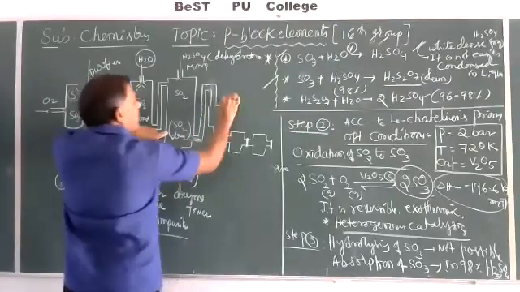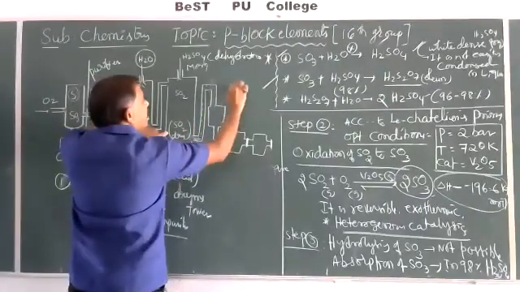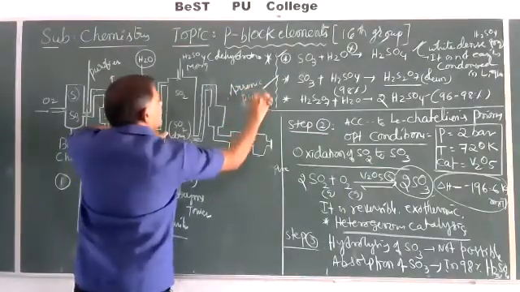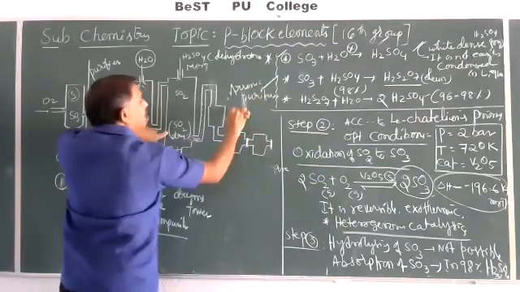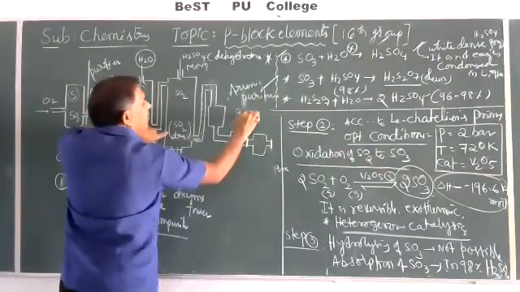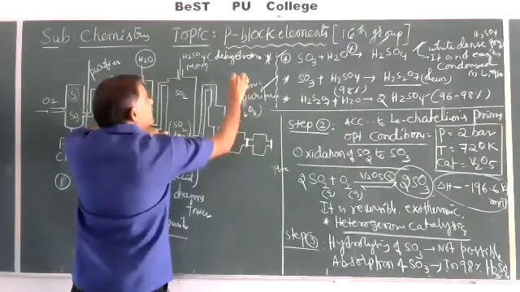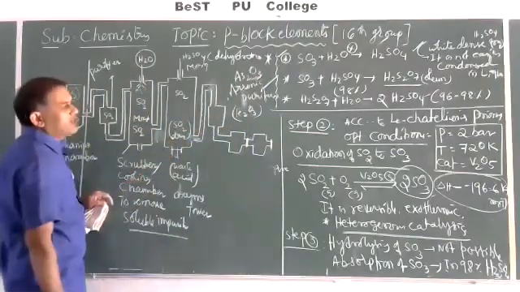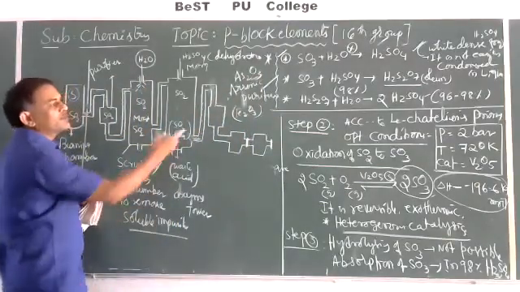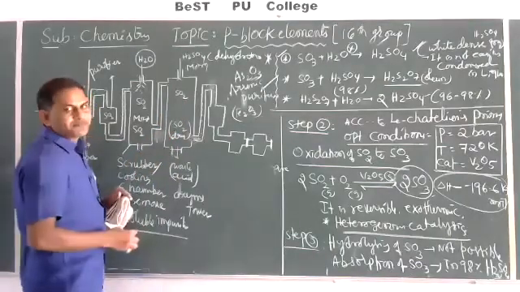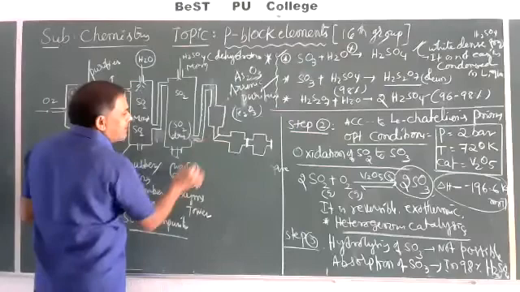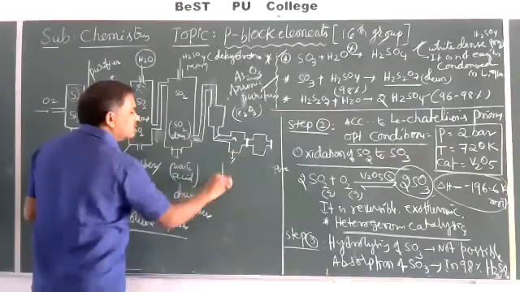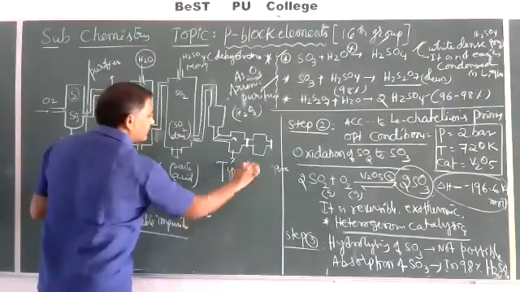This tower is called an arsenic purifier. This arsenic purifier contains gelatinous hydrated ferric oxide. It removes arsenic impurities like As2O3 by using this Fe2O3 on the basis of the adsorption principle. Then the obtained pure sulfur dioxide gas is passed through one tower, that is called a Tyndall box.